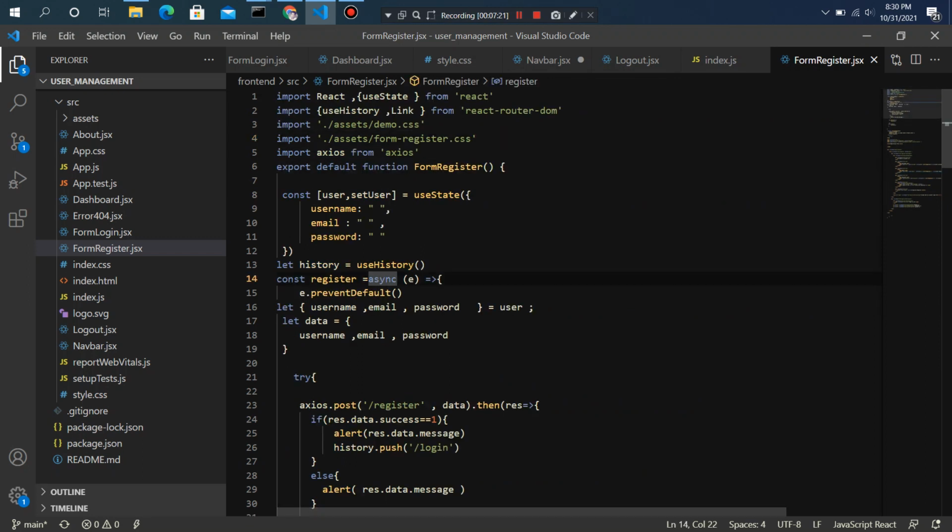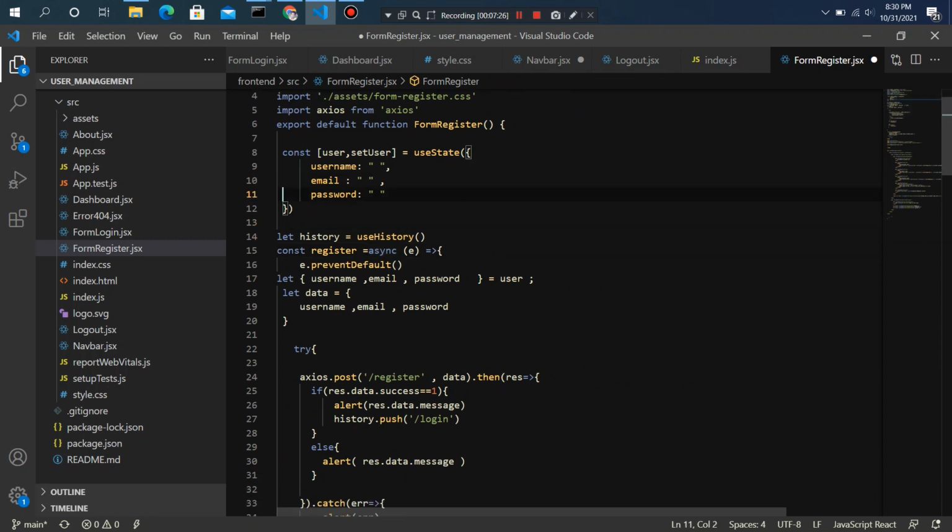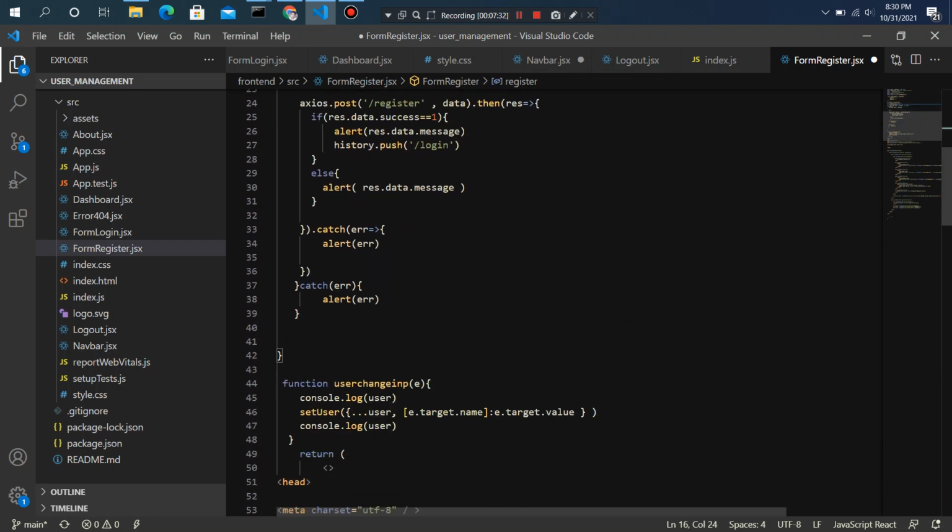And we are just collecting all the data entered by the user on the front end side.